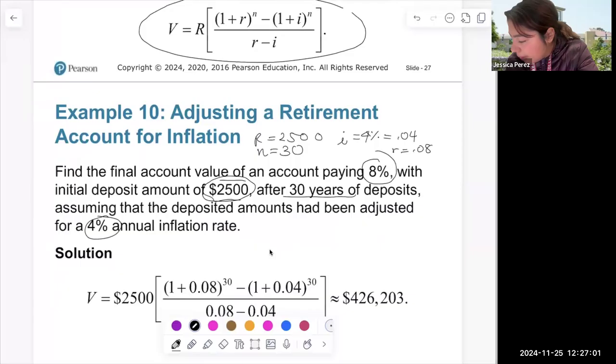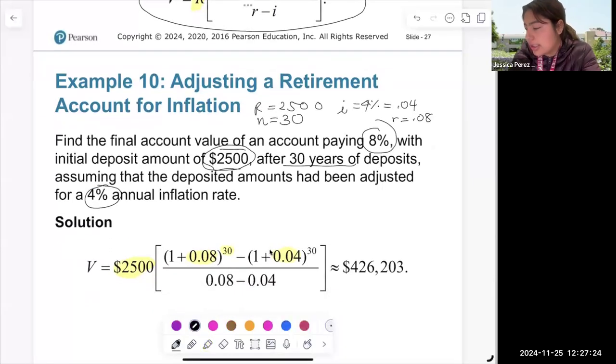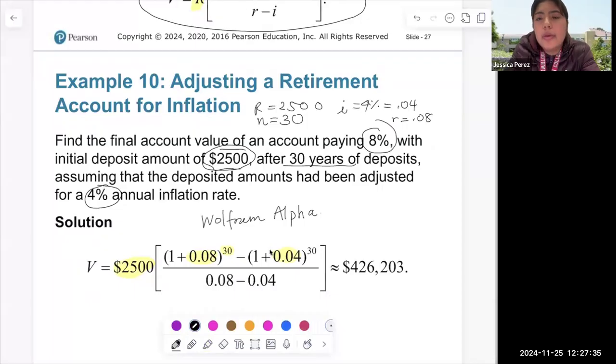So we're going to go ahead and plug it into my formula. There's R, my 2,500. There's my formula: 1 plus r, my rate is 0.08, raised to the N, which is 30, minus 1 plus i, my i is 0.04, and then r minus i. I'm going to go ahead and punch this into Wolfram Alpha. We know that Wolfram Alpha exists so that we can easily substitute, and we can round our answer to a final amount,